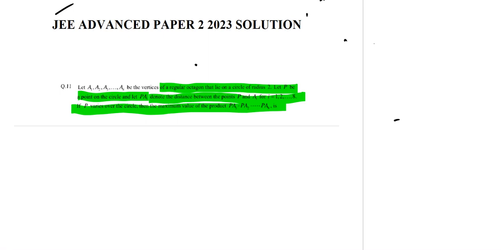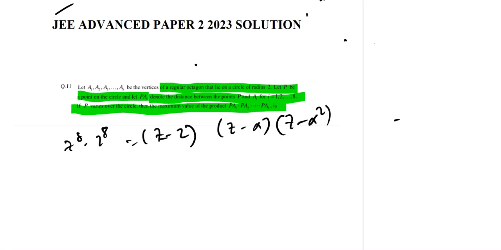Z to the power 8 minus 2 to the power 8 is Z minus 2। इस तरीके से अगर लिखेंगे Z minus alpha square ... this।